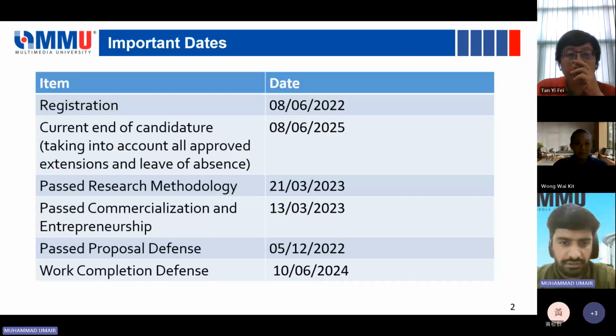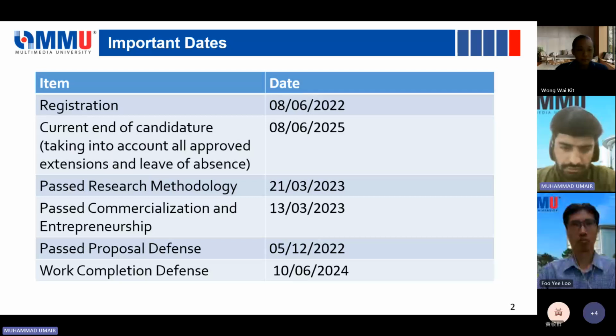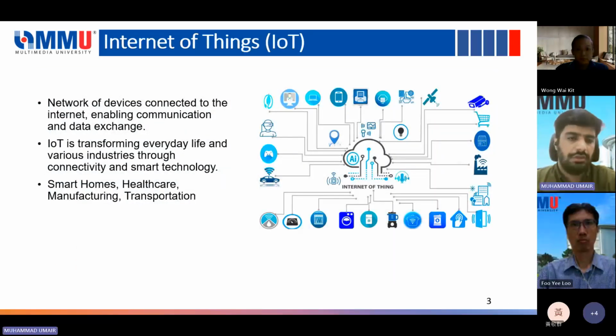So I registered in June 2022, and then I passed a research methodology and commercialization entrepreneurship course in early 2023. Similarly, I passed my proposal defense at the end of 2022, and I did my work completion defense in June this year. Now, talking about the Internet of Things, IoT can be defined as a network